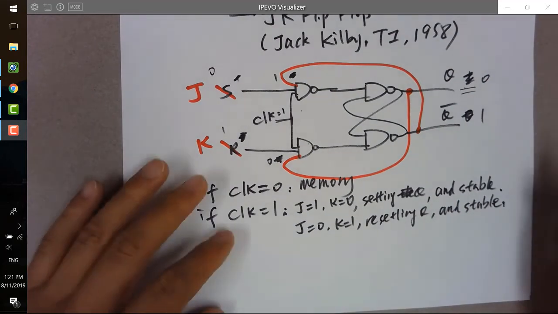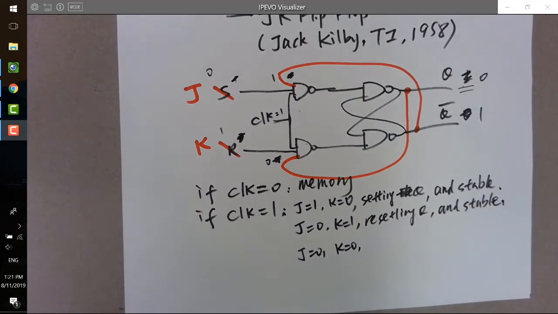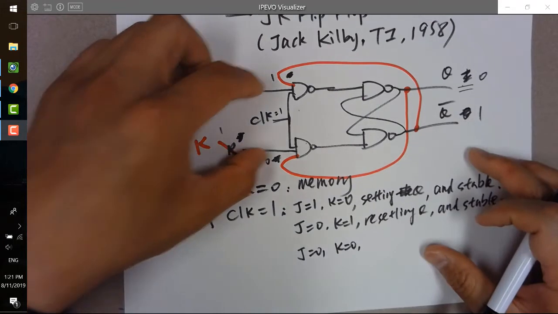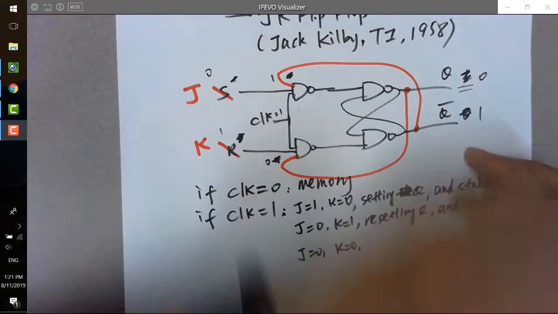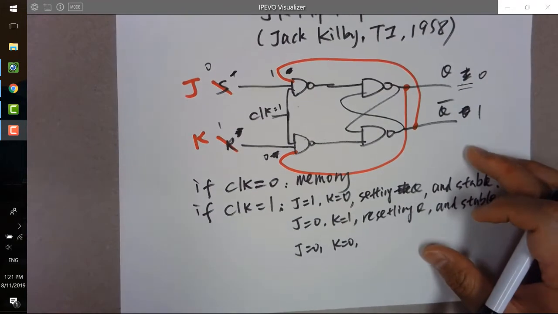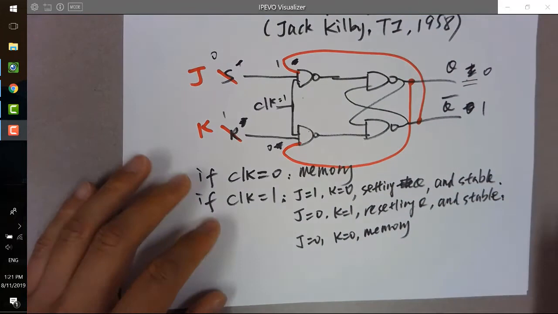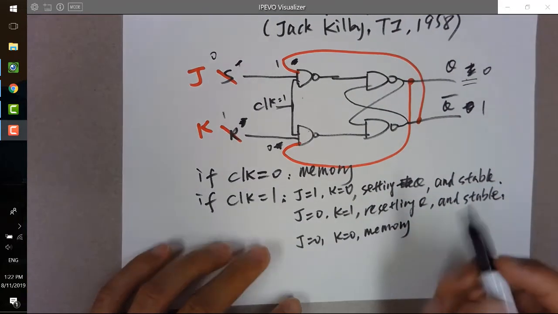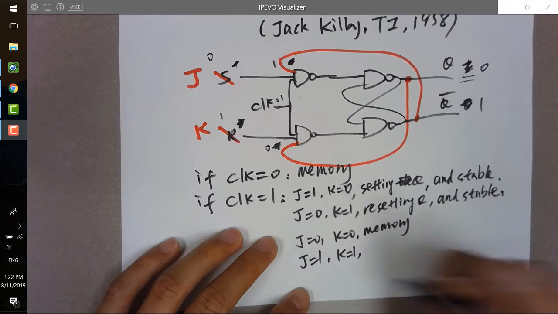now let's see, what about J equals 0, K equals 0, what's going to happen? Definitely you have zeros for these two NAND gates, you are going to have ones here, so 1s will keep it memorizing the previous state, right? It's a memory, no problems. Now the most tricky part,